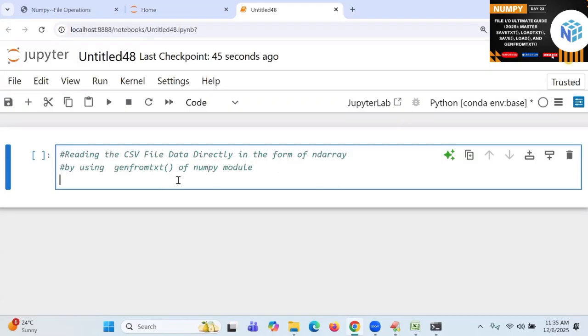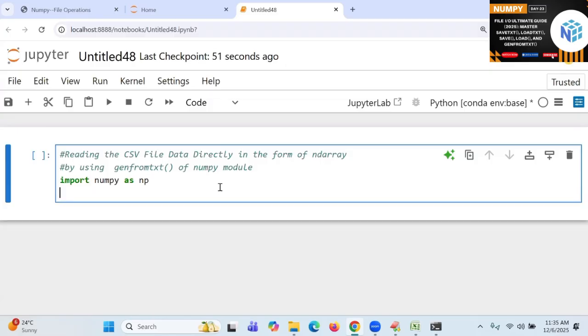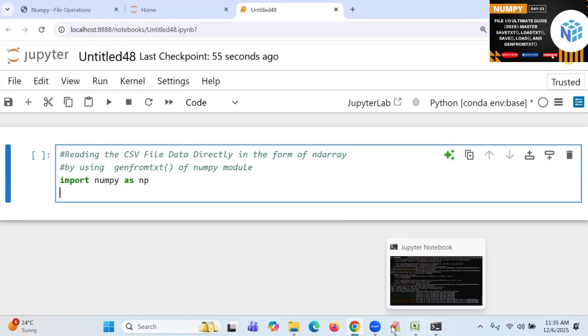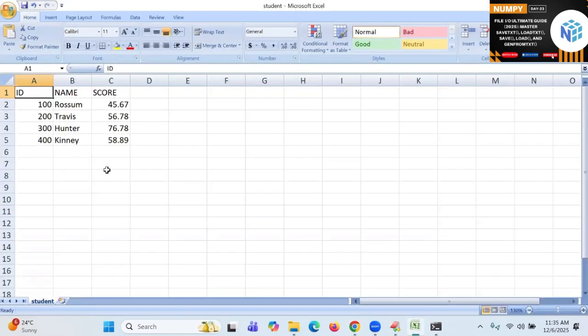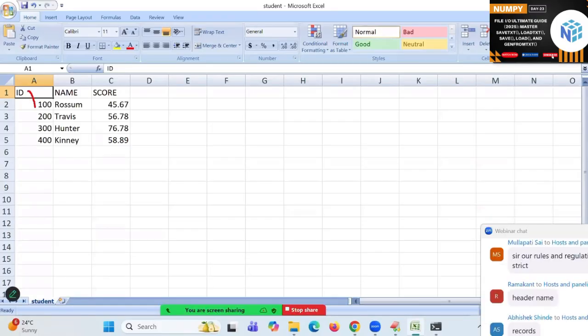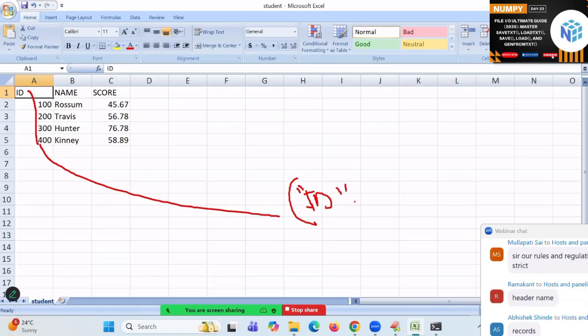When you are going to read any kind of data, first I need to write import numpy as np. When you are reading that kind of data, first identify which type each column is in NumPy. ID is which type? ID is int type. You can write int type like this.